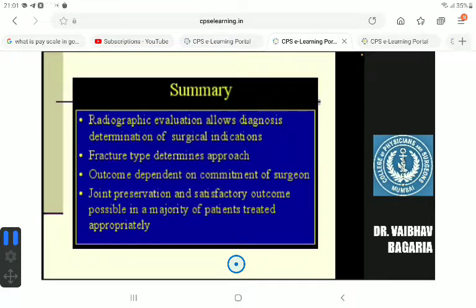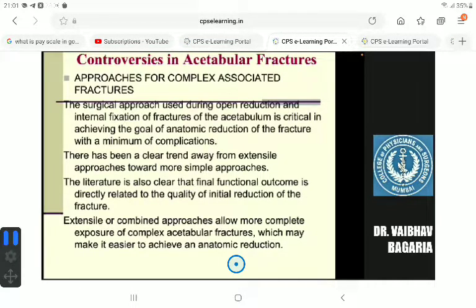So in summary, radiographic evaluation allows diagnosis and determination of surgical indications. Fracture type determines the approach. Outcome is dependent on the commitment of the surgeon. I use the word commitment deliberately. Joint preservation and satisfactory outcomes are possible in the majority of patients treated appropriately. There are a lot of controversies from the approach to the fixation. There are many thought processes. Not everyone has the same thought process, but eventually